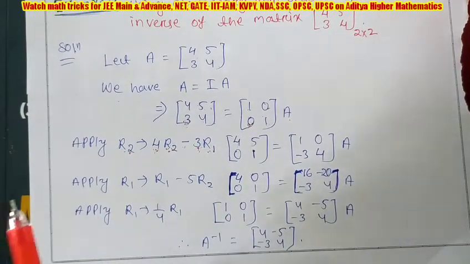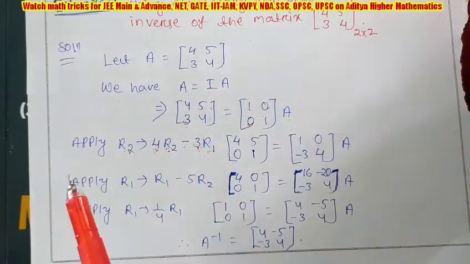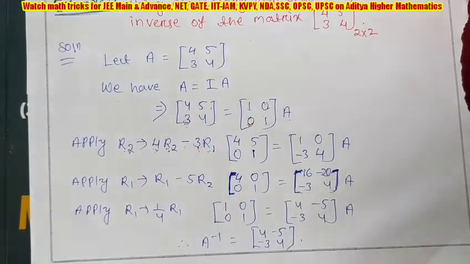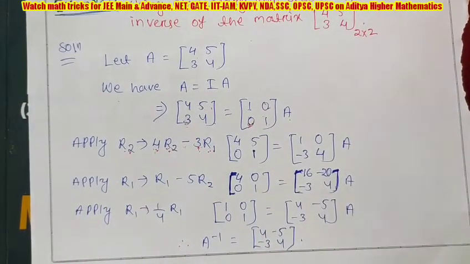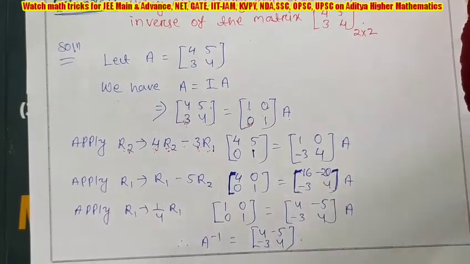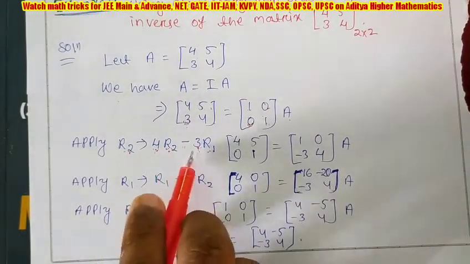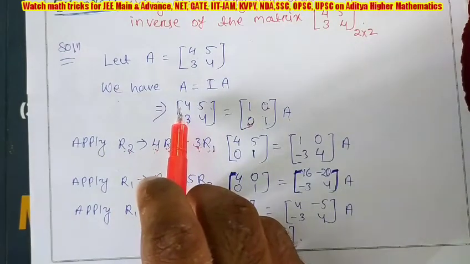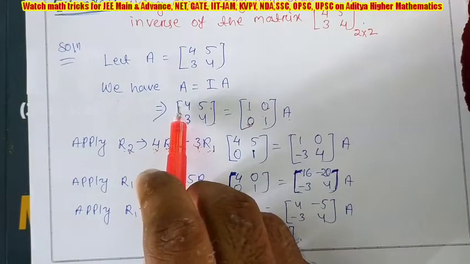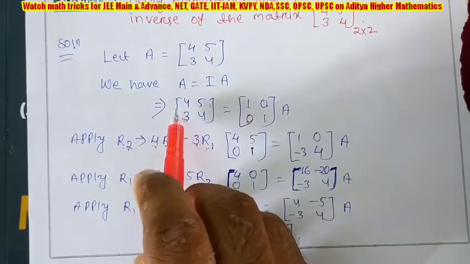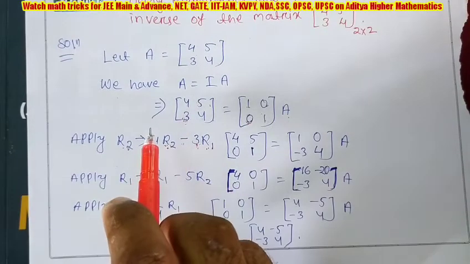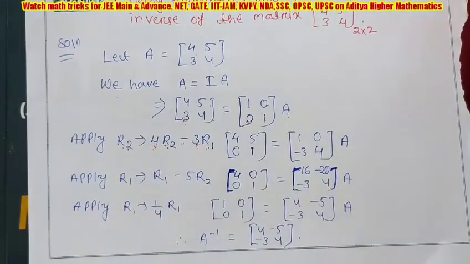Also note that if there is a negative sign, we do not need to take the negative sign. We have to take only the numbers. If minus 4 is given, we have to take only 4. So remember this: if a negative sign is given, we don't take the negative sign, we take only the number. Here a negative sign is not given, but in the next question I will solve some questions with negative signs.